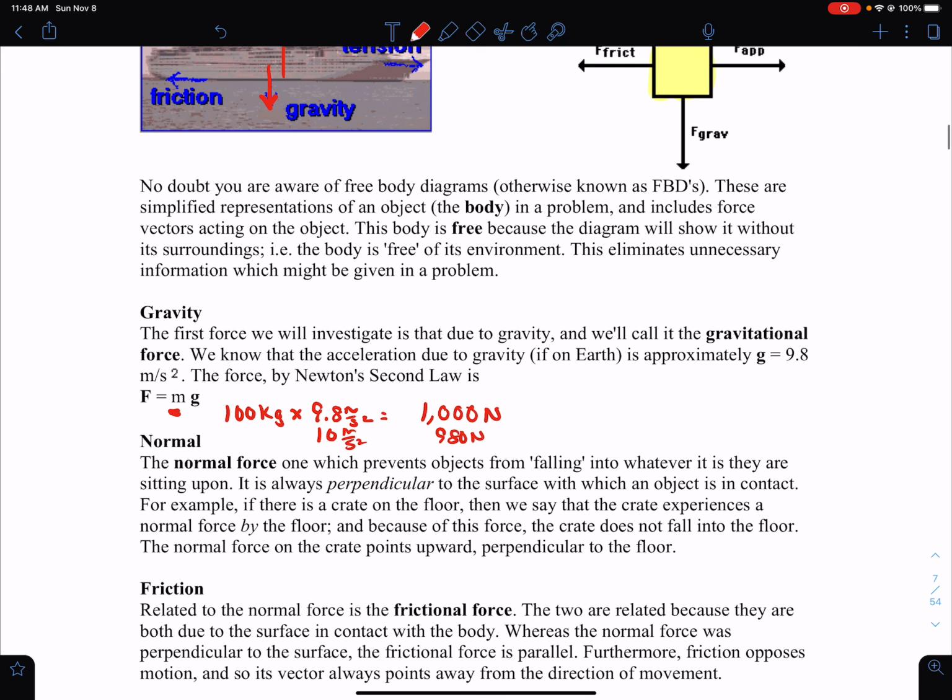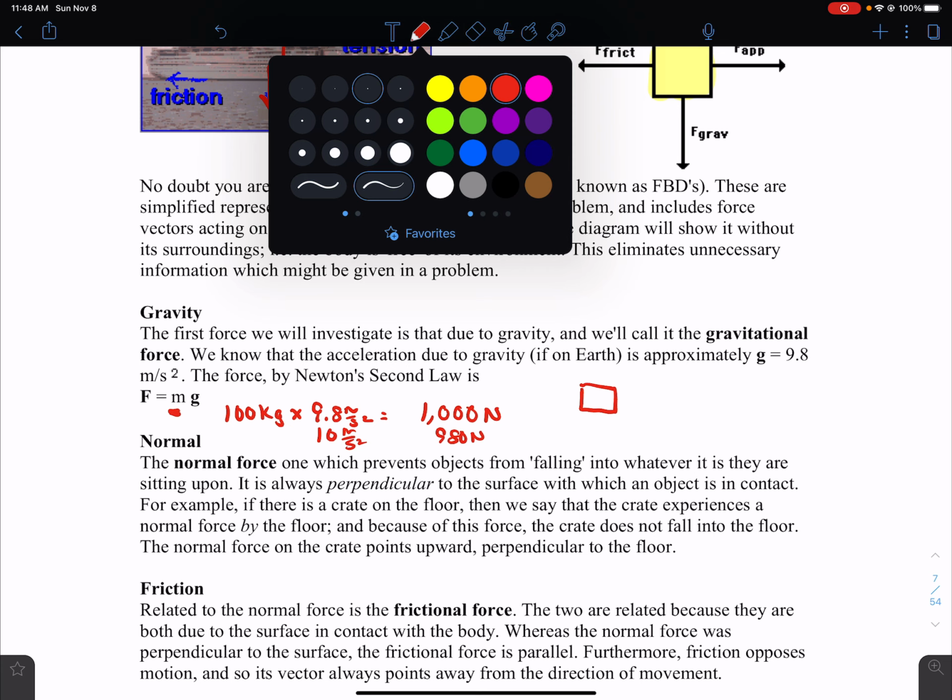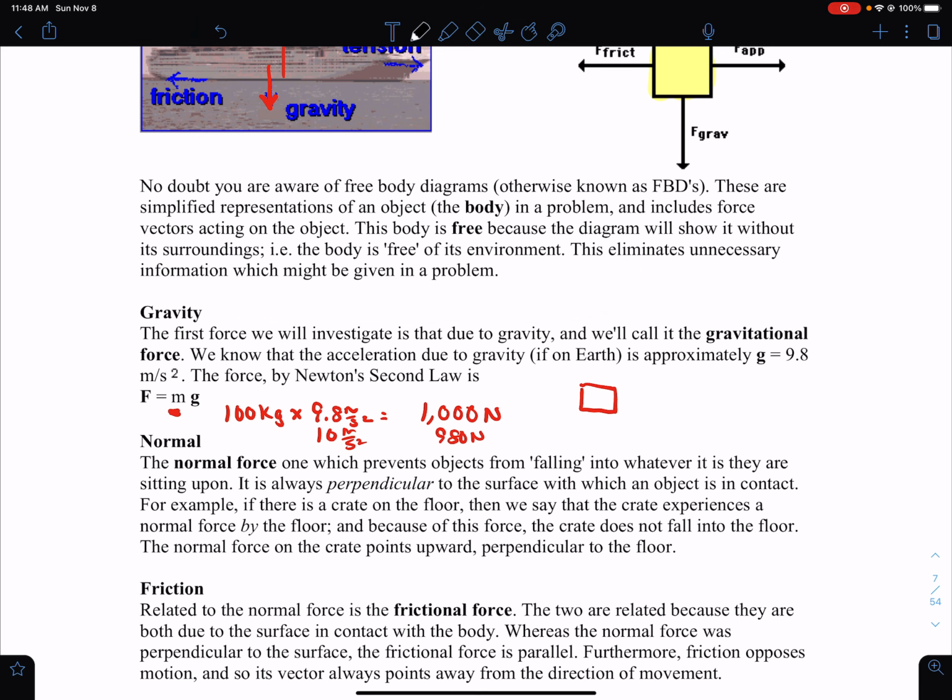Anyways, we're going to diagram this now. How do you draw a free body diagram depicting gravity? So here we have a person, right? It doesn't matter what we're looking at. We're always going to draw it with a box. Gravity is center seeking. So the earth is going to pull downwards on the center of this mass, this person,